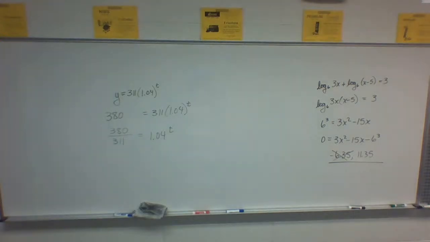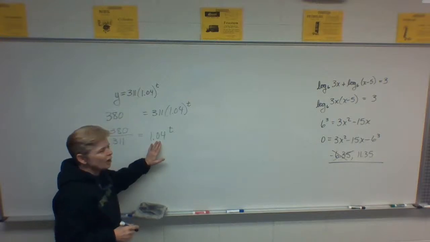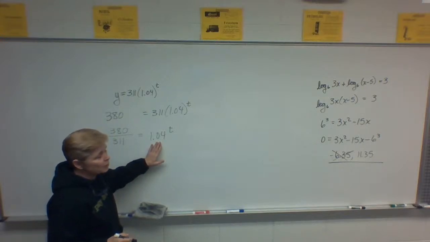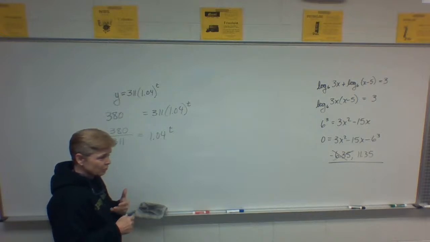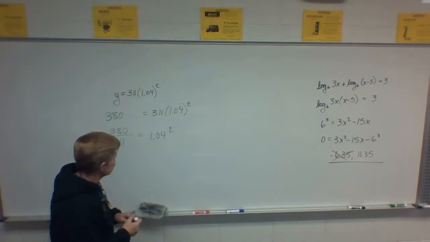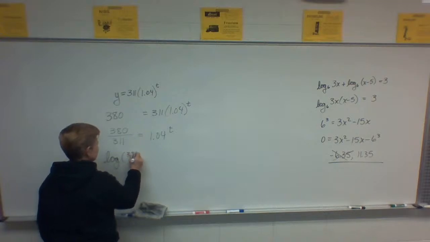It doesn't matter because we're not using log base 1.04. If that were e to the t, then we would use natural log because it makes things just slightly easier. We don't want to use log base 1.04. You can if you want. That would be ridiculous. Use one of the buttons you have. You want to use common log or natural? Doesn't matter. Common? Then what we will do is common log this fraction